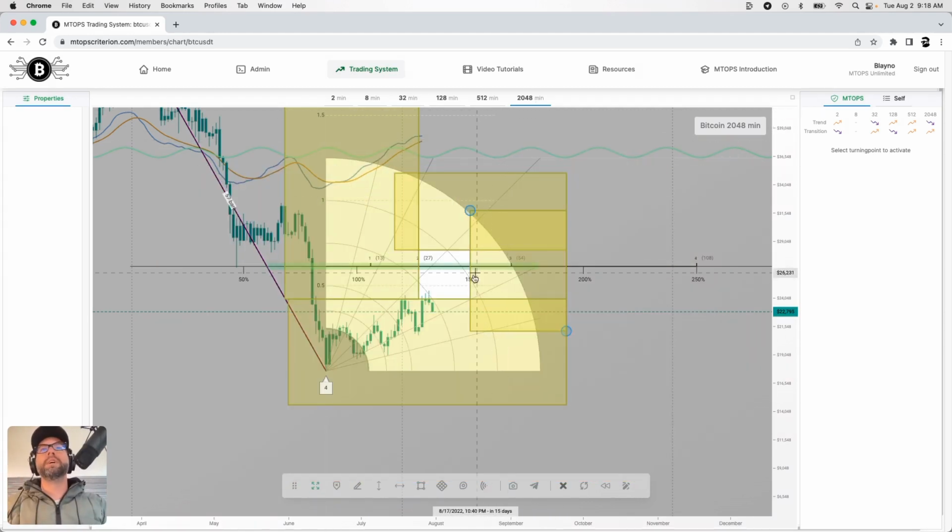So let's get into the 2048. We're now inside this region. Okay, so that's all considered to be within this realm of possibility. And I'm thinking that we could potentially be at a turning point. For my MTOPS guys, I'm going to be releasing a video on what to look out for in turning point confirmations, because over here, for example, would be a great place to see whether or not this is a turning point. I want to wait for the oscillator to get closer before assuming that, and I'm also going to wait for the kill zone to start forming a story. But until then, I want to keep it open as price continuing to the upside.